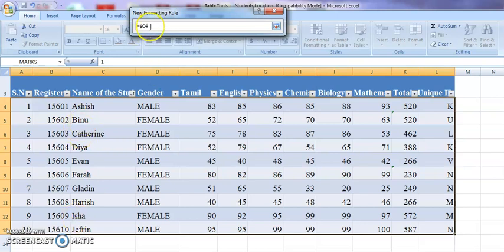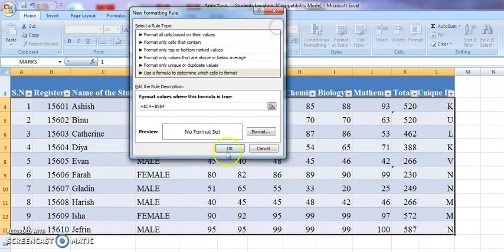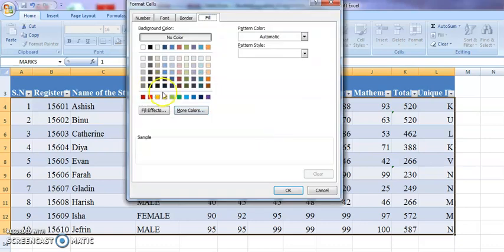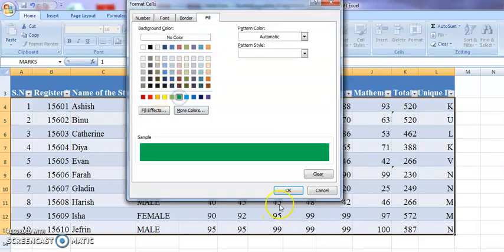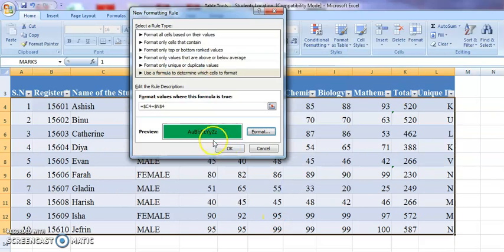Now what we are going to do is press an equal sign, then select where our destination is. Here you don't want to make any changes. So whenever I type a name of a student over here, immediately the entire record has to be selected. Now how it has to be highlighted? You have to give the format, I am making it as green. Okay, it is set.